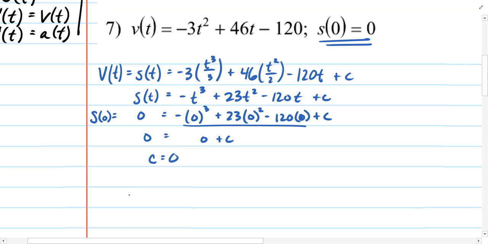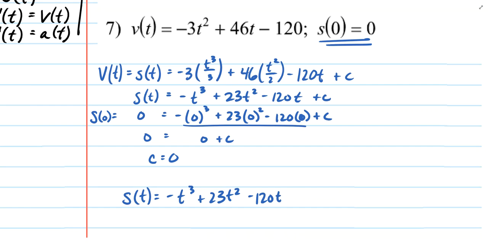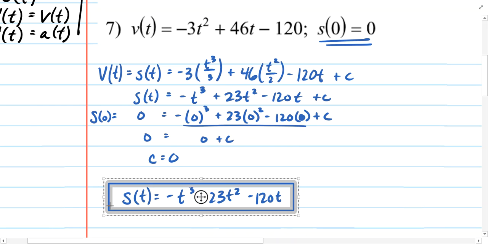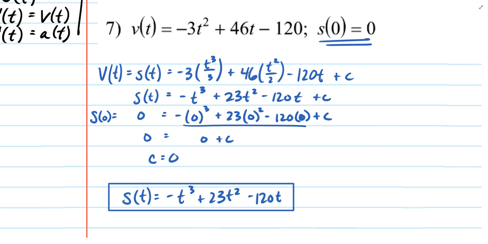And then finally, we can state that the complete and original position function is the opposite of t cubed plus 23t squared minus 120t plus 0. And we don't need to show that plus 0. Now, if